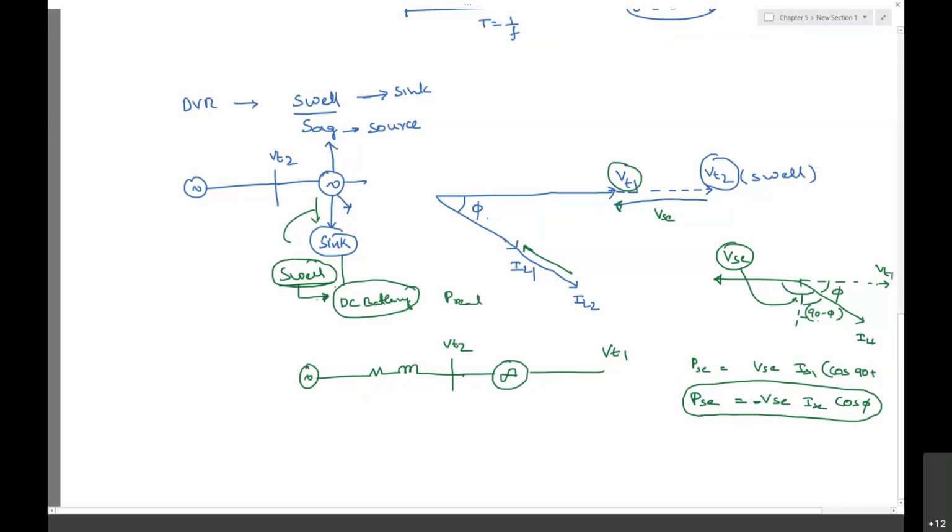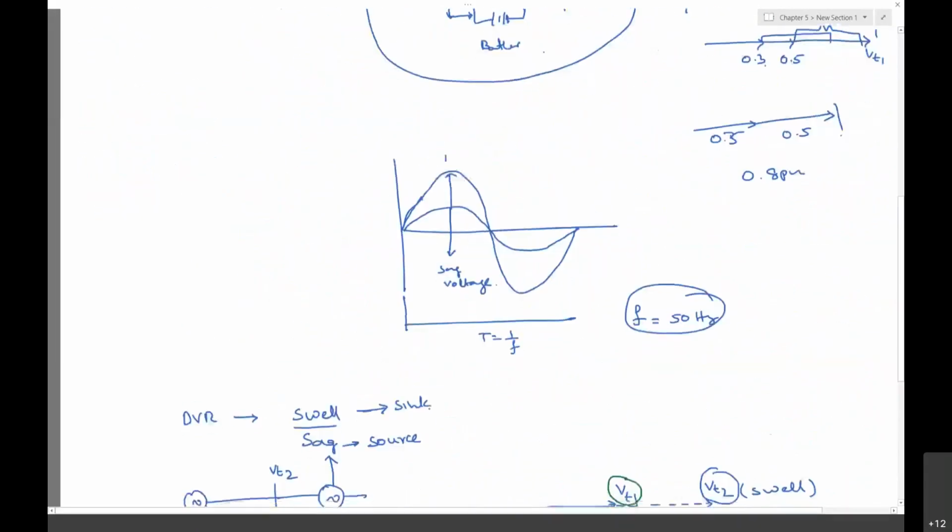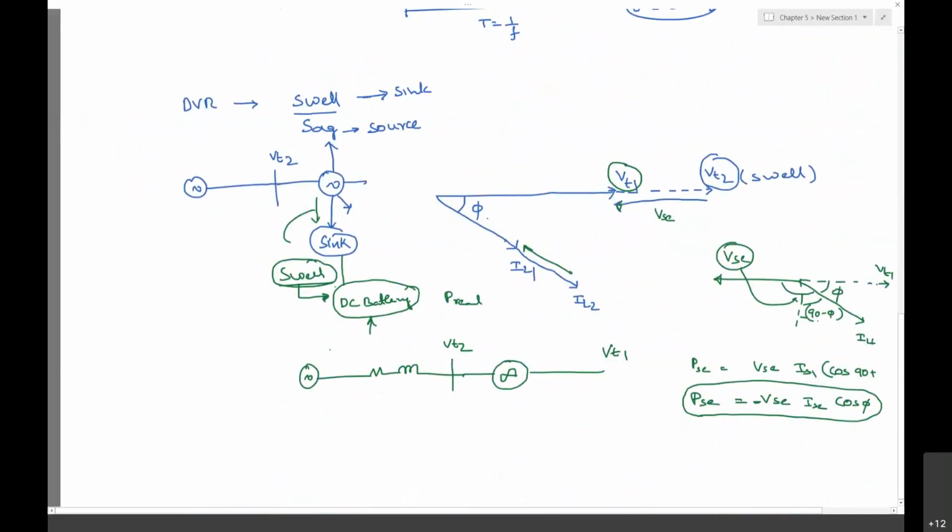During the swell condition, if you are going for a DC system, then your DC should have a storage capability to suppress the voltage swell. Suppose in the case of an AC system, then it doesn't require to have a storage also.